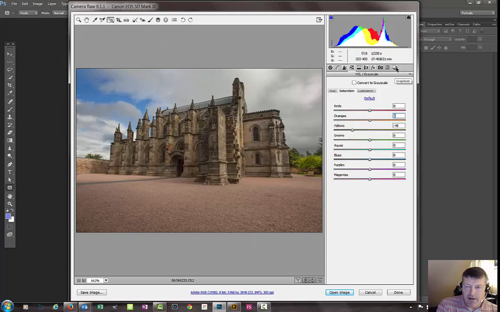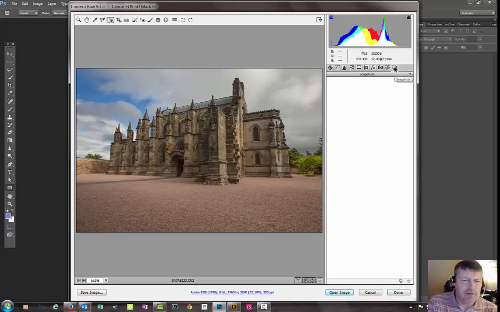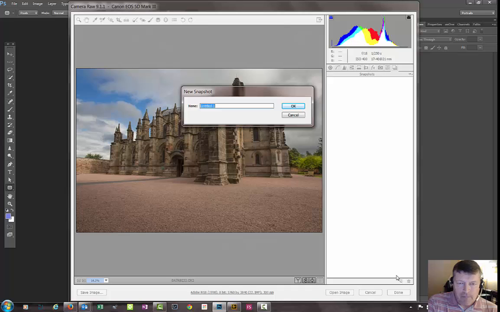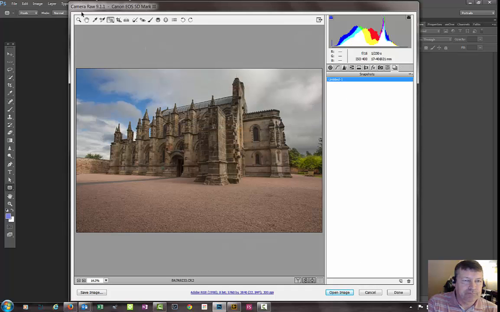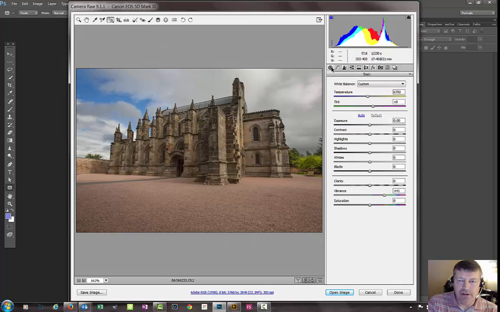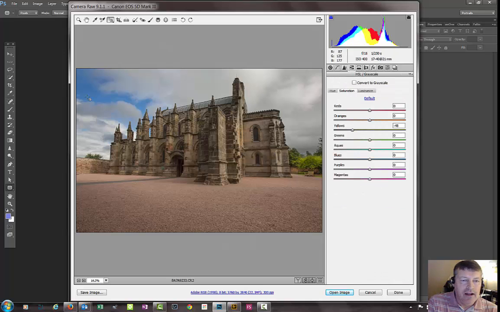And one other thing that I've never mentioned was this here, Snapshots. And you probably should do this each and every time that you do a major change, especially a change in colour. Because if we do a snapshot now, and you give it a name, okay. If we go back to this HSL and say I want to do this adjustment now,